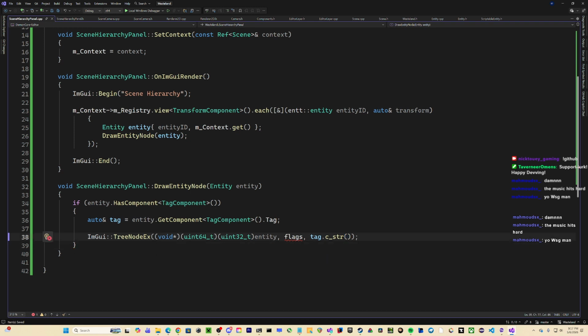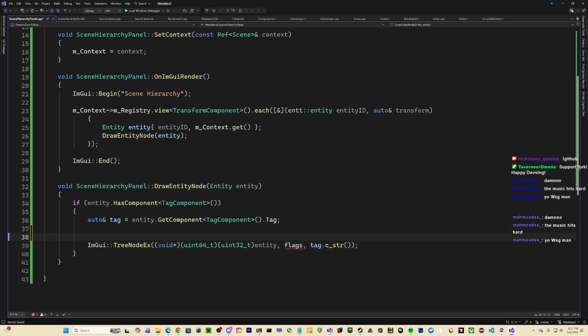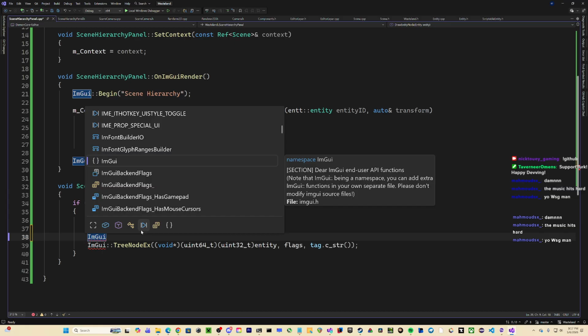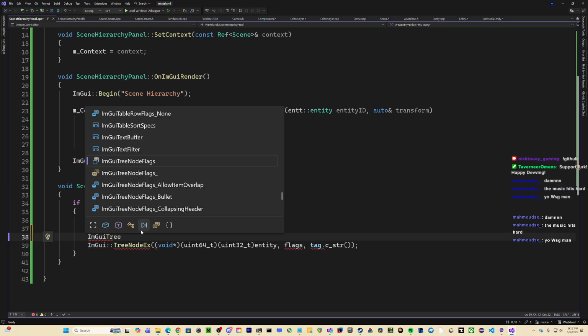There. I need to create this. Should probably move this out of the if node, but I'm probably gonna keep them in the if statement for now.